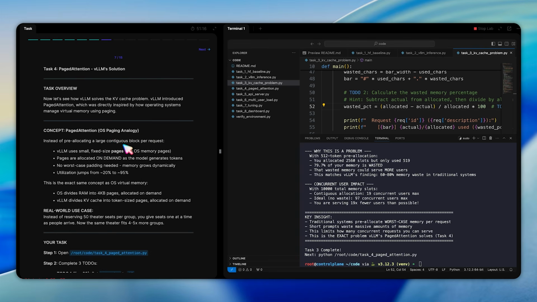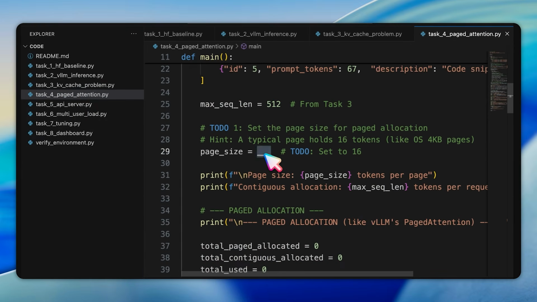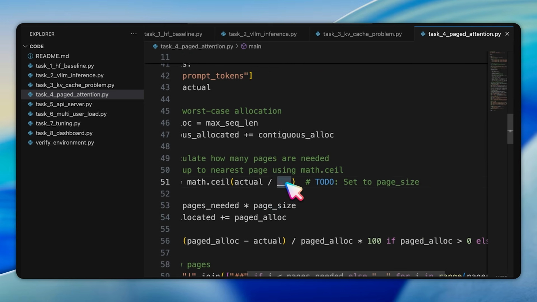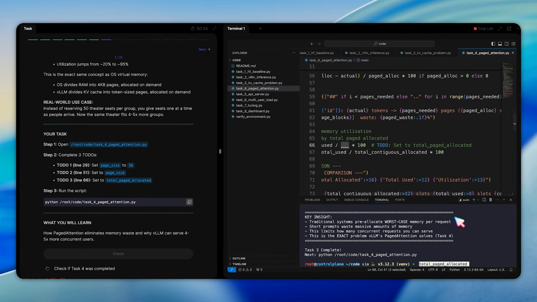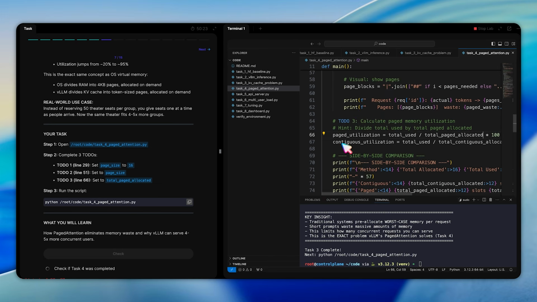Now we move to task 4, which is about PagedAttention, the solution that vLLM uses. Open /root/code/task4_PagedAttention.py. You need to complete 3 to-dos. At line 29, replace the blank with 16 to set the page size. At line 51, replace the blank with page_size to calculate how many pages each request needs. At line 66, replace the blank with total_pages_allocated to calculate the paged memory utilization. Run the script with